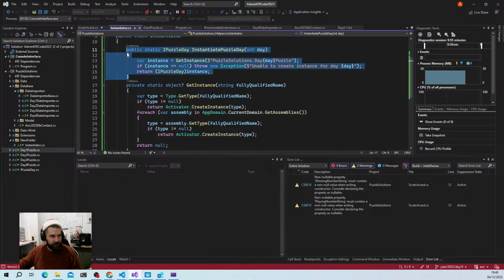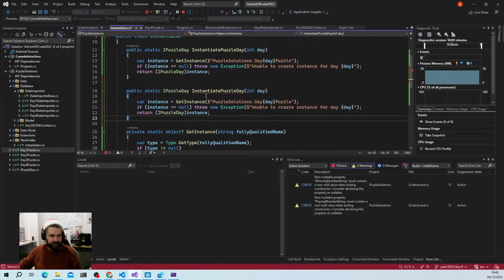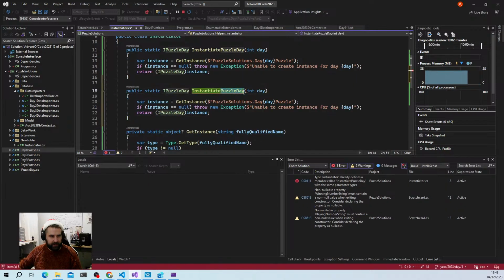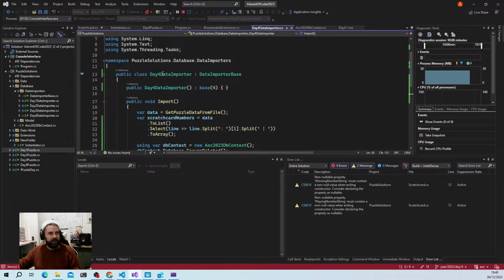Now what we're going to do is copy that whole method. We're going to make some space and paste it down here. And instead of InstantiatePuzzleDay, we're going to InstantiateImporter. Where do our importers live? Let's jump over to an importer. Our importers live in